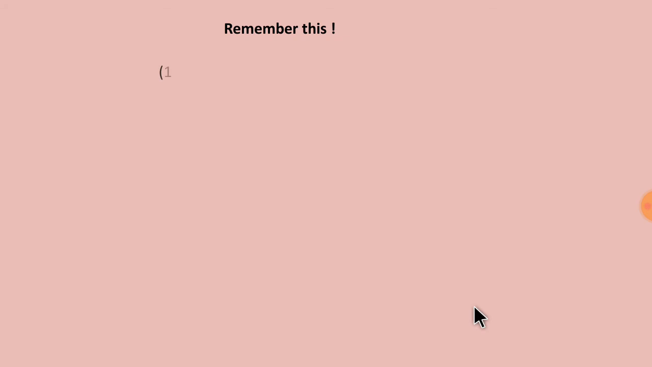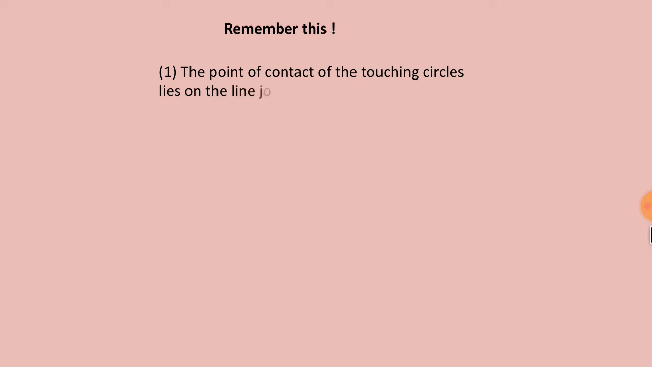Now remember this. The point of contact of the touching circles lies on the line joining their centers. Means the point of contact of the touching circles lies on the line joining their centers. मगाशी पाहिल्याप्रमाणे we have seen that the point of contact, म्हणजे स्पर्शबिंदू, of the touching circles, म्हणजे टचिंग सर्कलचा जो कॉन्टॅक्ट पॉईंट असतो, that point always lies on the line joining their centers. And number 2,